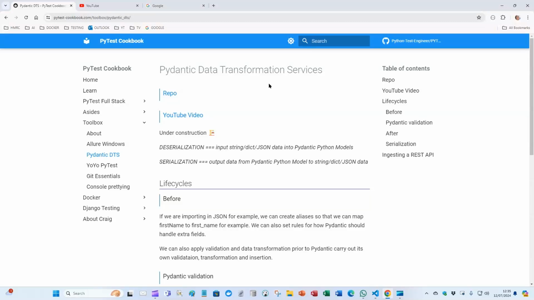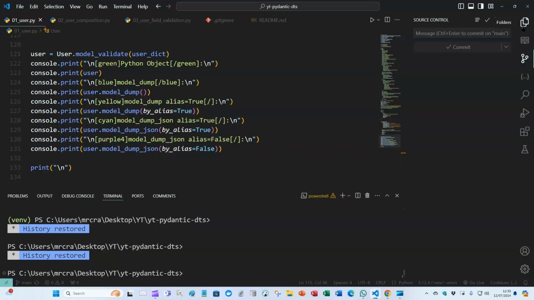This is Pydantic Data Transformation Services. All the links are included either here at the PyTest Cookbook or in the links below. And what we're going to have is a set of templates that we can see in the VS Code for